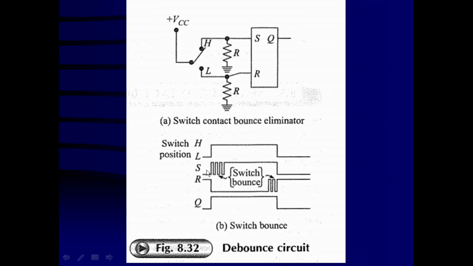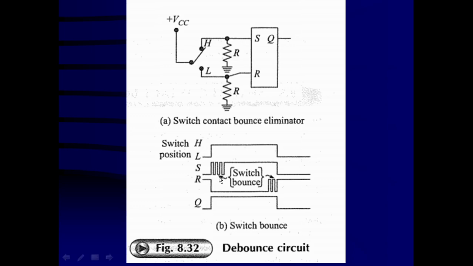But because S is going to be 1 and R is going to be 0 at the first signal itself, the flip-flop is going to be set and Q becomes 1. So Q is changing its position from low to high at the first positive transition at S only. And then after, even when S becomes 0, R was also 0. So S is equal to 0, R is equal to 0, that is the no change condition. It will retain the previous value, and the previous value was 1. So the flip-flop remains set even when there are multiple signals.